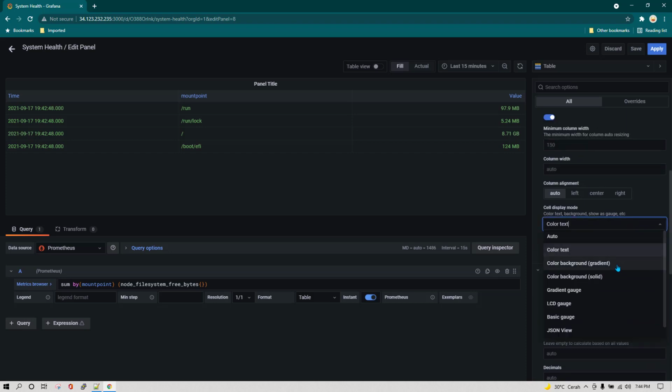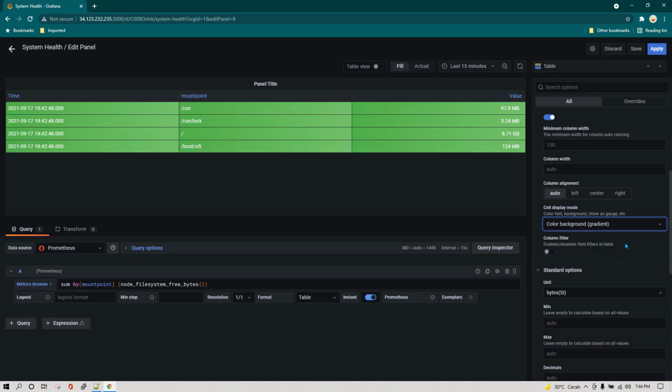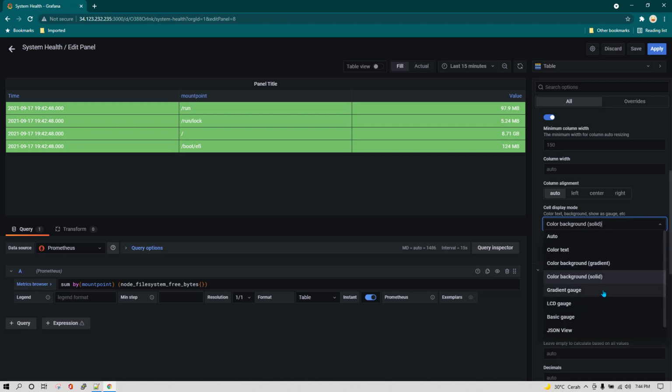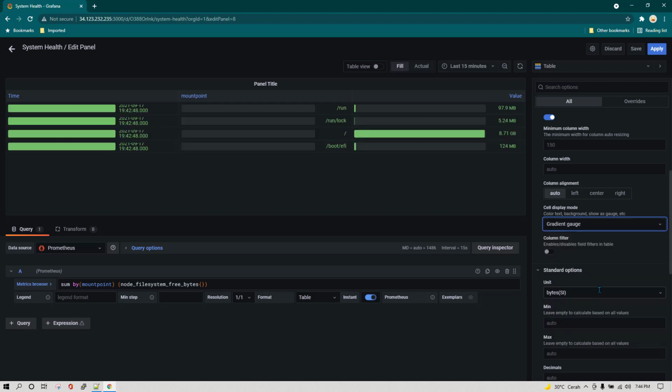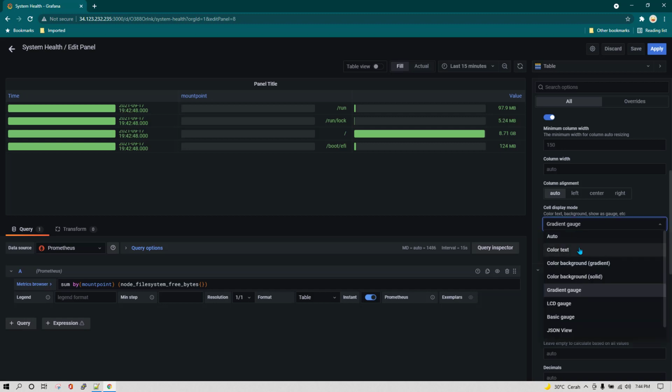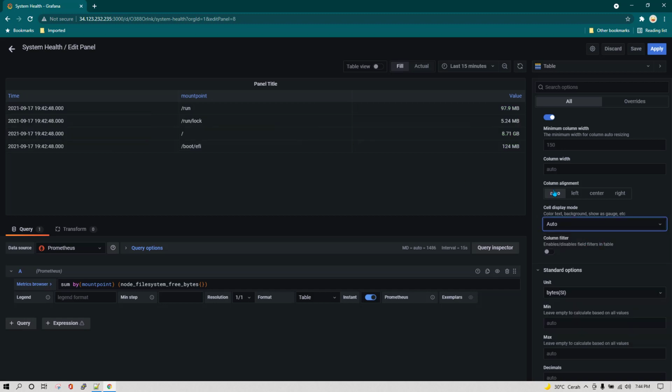And now let's just go up again, and let's see what are the other options available. Now let's say if we want to change background gradient, we have option of doing that. If we want to keep solid color, we have an option of doing that, and also we have gradient gauge. So for example, you might have seen that some people display time and mount point, and then the value is being displayed in gauge. Now if I select gradient gauge here, you can see all of this information is being messed up. We don't want to display time or mount point in gradient gauge. So for that I'm going to change it back to auto, and then what we can do is we can enable gradient gauge only for value.